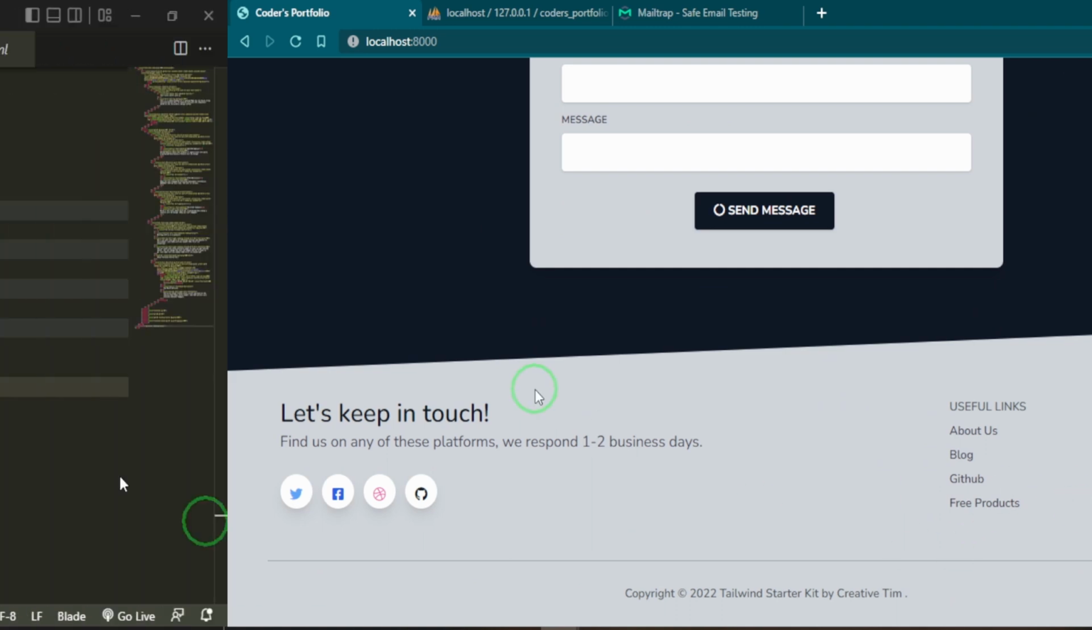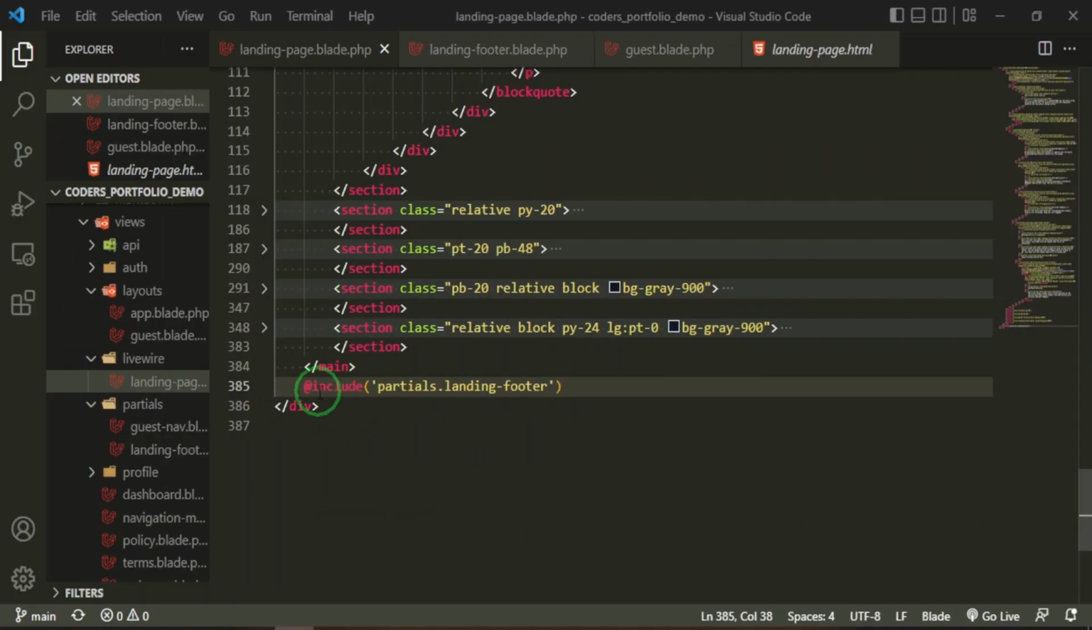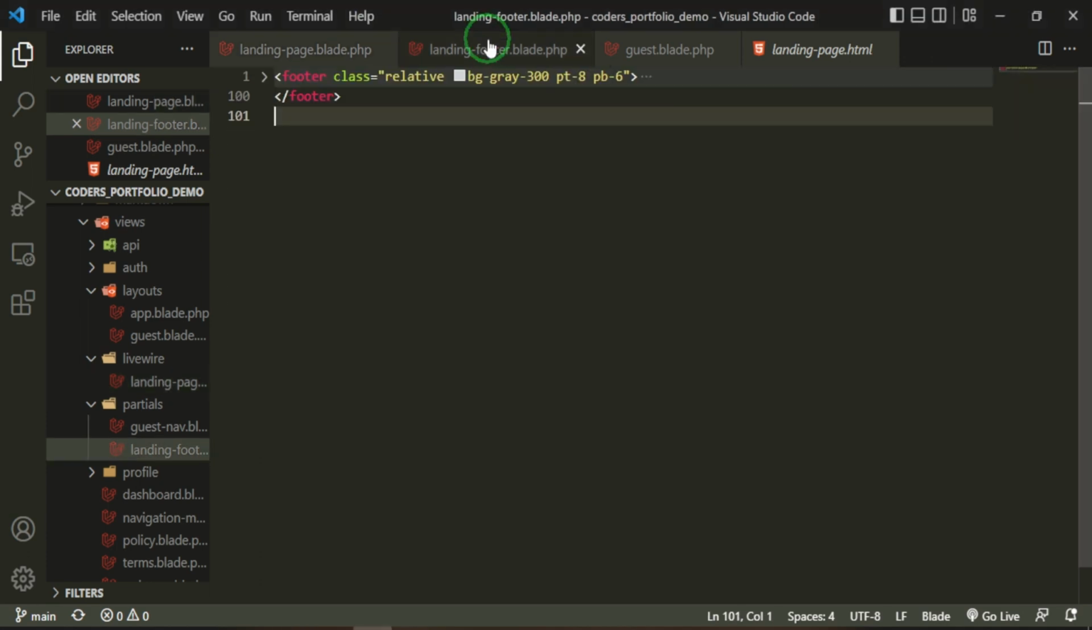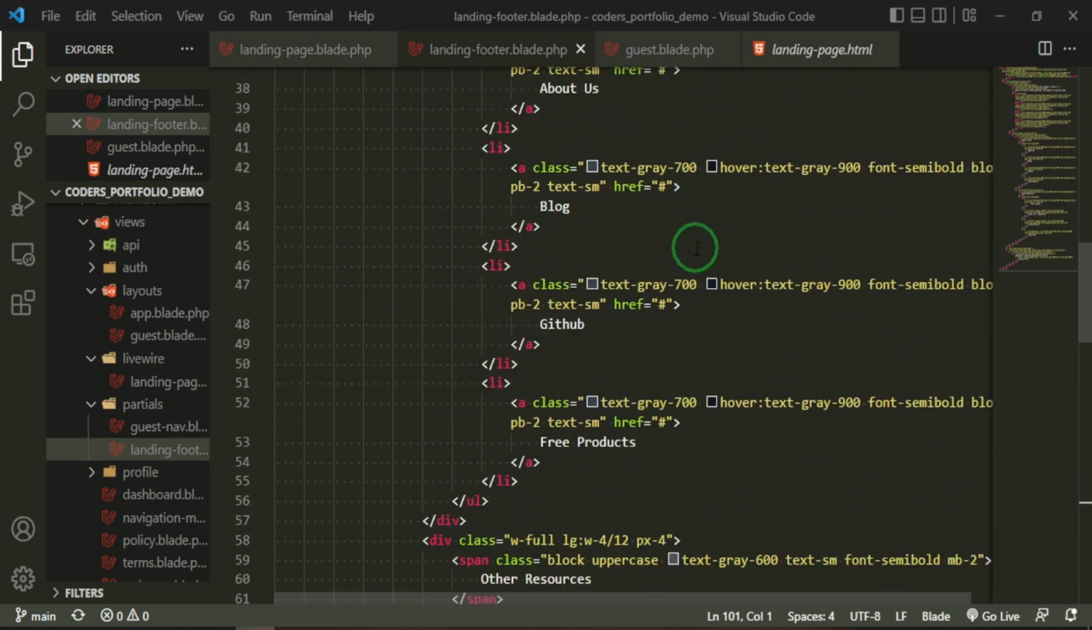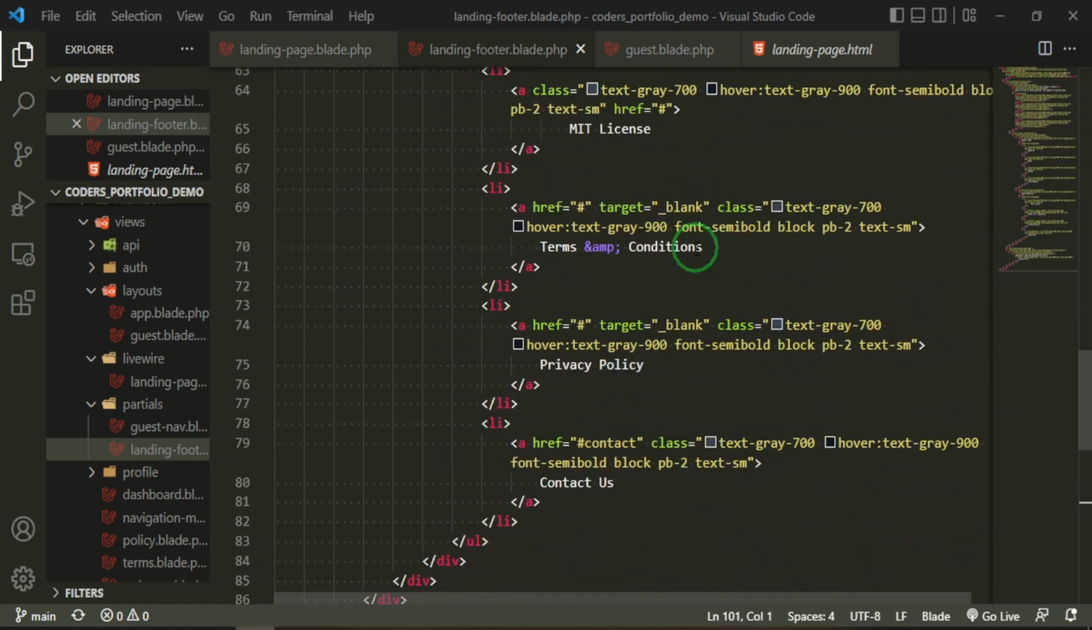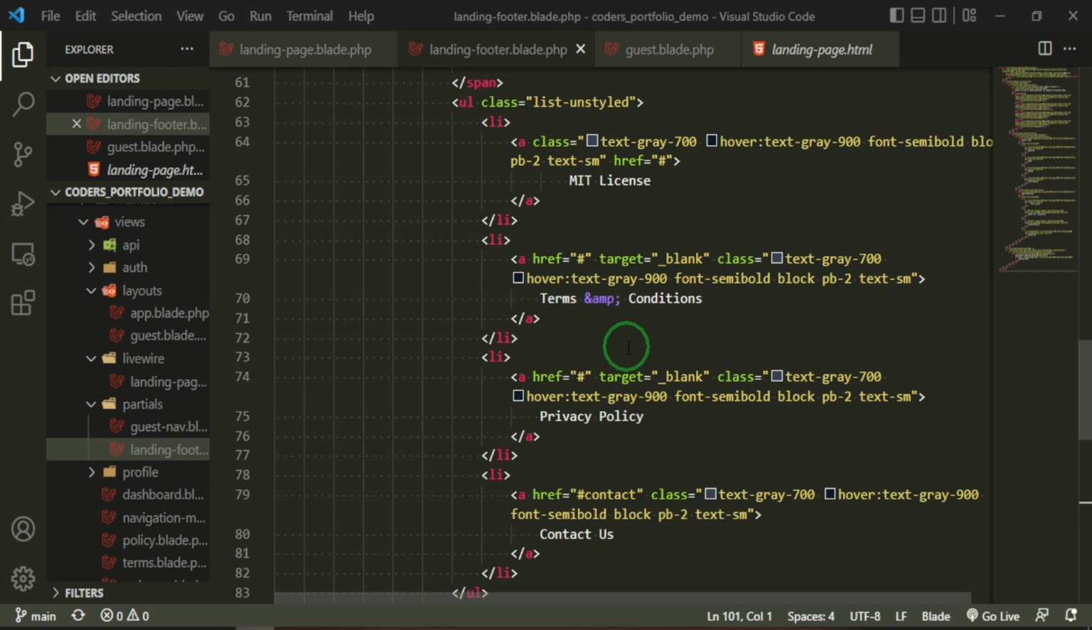Fantastic. Okay, so let's head over to this landing footer and see if there's anything we need to fix in here. I think we have some links that we need to work on. Okay, let's head down, and I definitely know that we have some terms and conditions here. Now, if you've been following me before, we haven't actually used this terms and conditions thing yet, but it is